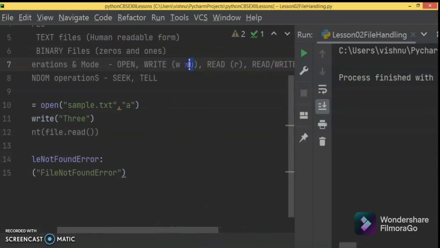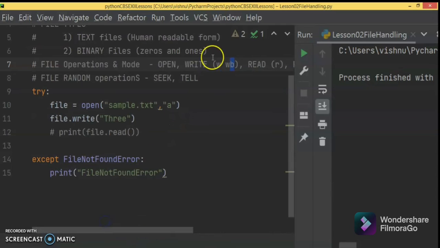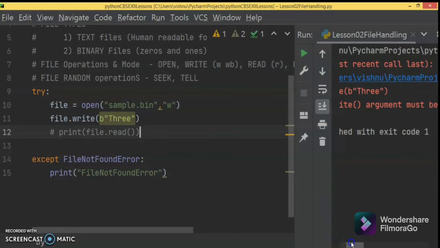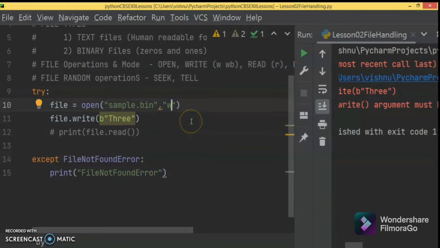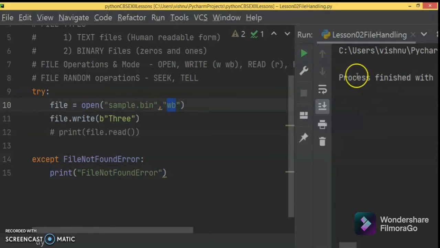Now we are having a B here. So B is for binary. Previously what I explained about read, write, A is for append, everything is of text file. Next we'll see about the binary file. For binary we'll be making it as bin. So bin and I want to write a file. If you want to write a binary file, you have to proceed with B. So this is the binary format. Now if I execute this one, what is it coming? Okay, because it is W, you have to mention it as B, then only it will take it as binary format. Now it is okay.